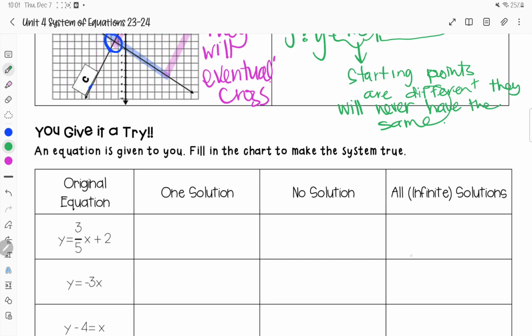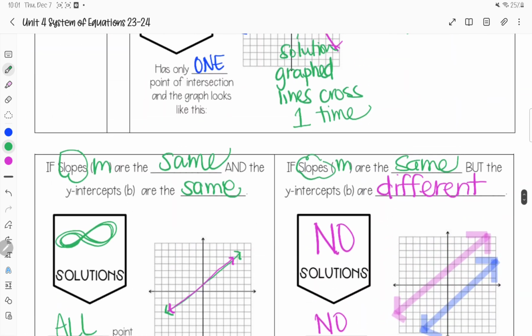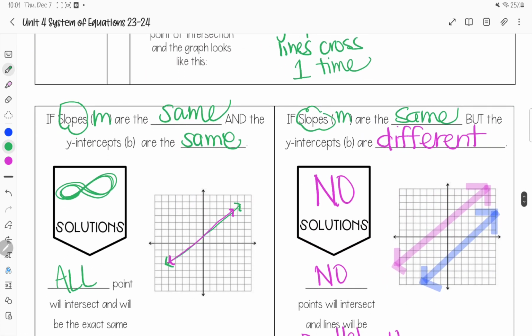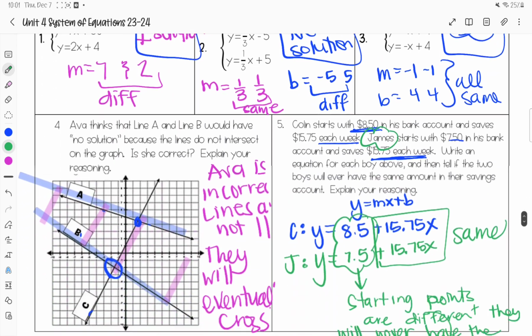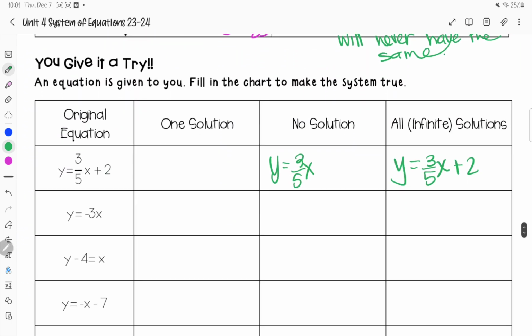So to have infinite solutions, no matter what, everything has to be the same. So all I'm going to do is write y equals 3/5 x plus 2. Because to have infinite solutions, my equations have to have the same slopes and the same y-intercepts, which they do. To have no solution, I know they have to have the same slopes, which they do. But up here, when it says no solutions, my equations will have the same slope but different starting points. So if this one starts at 2,